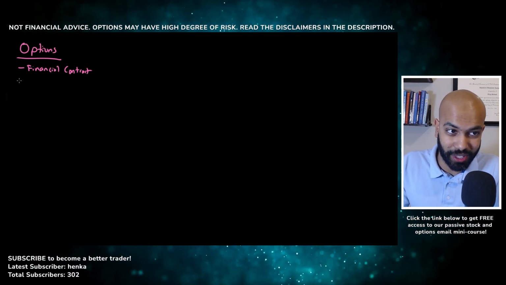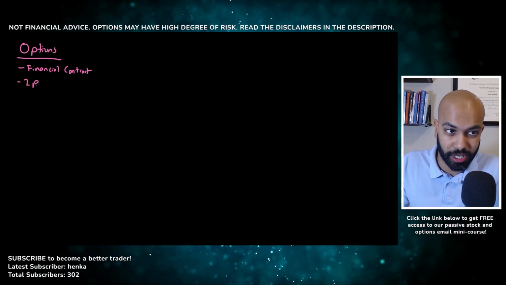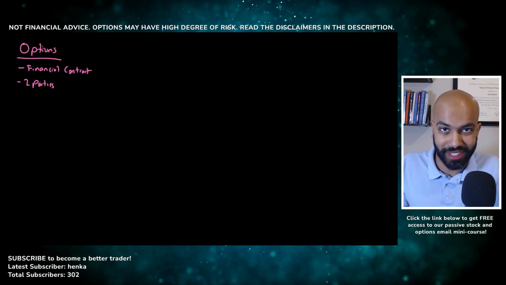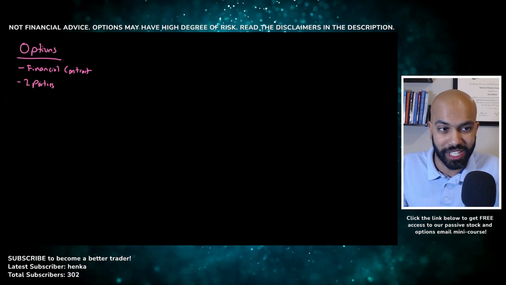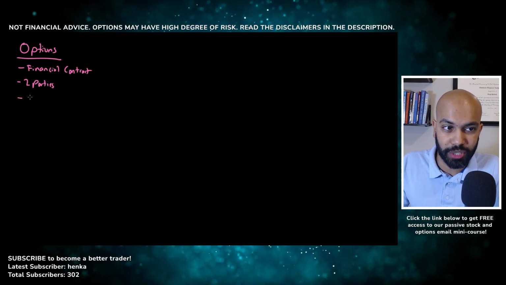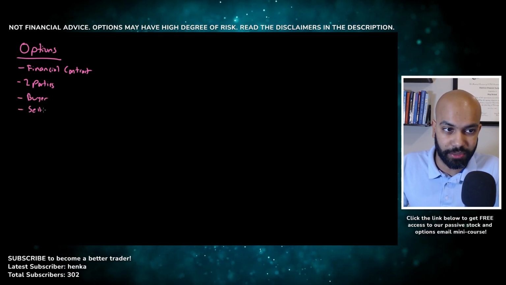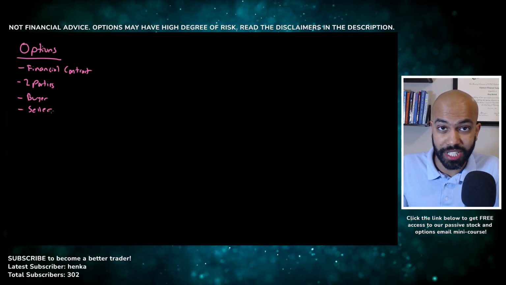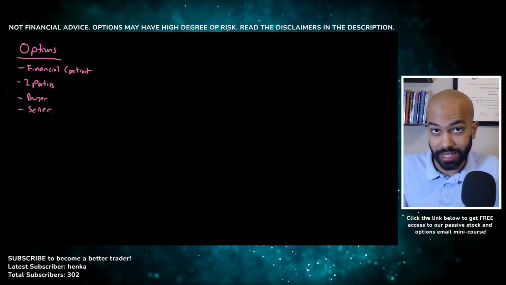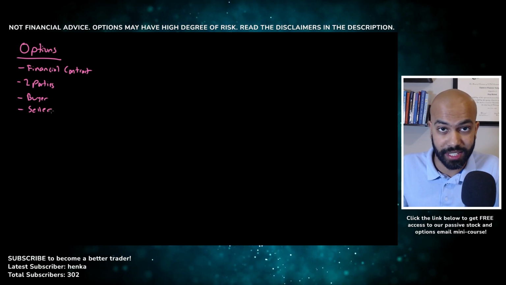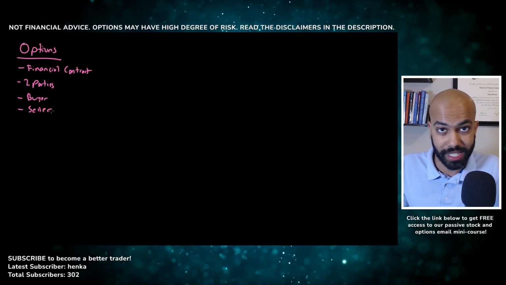And typically, when there are contracts, there are at least two parties. Of course, if you talk about brokers and all that, there is more than two parties, but we're only going to talk about the two parties right here. The two parties we're going to talk about are the buyer of the option and the seller of the option. Interestingly enough, you can actually decide to be either the buyer or a seller of the option based on the circumstance and the type of position you're willing to take in the market.